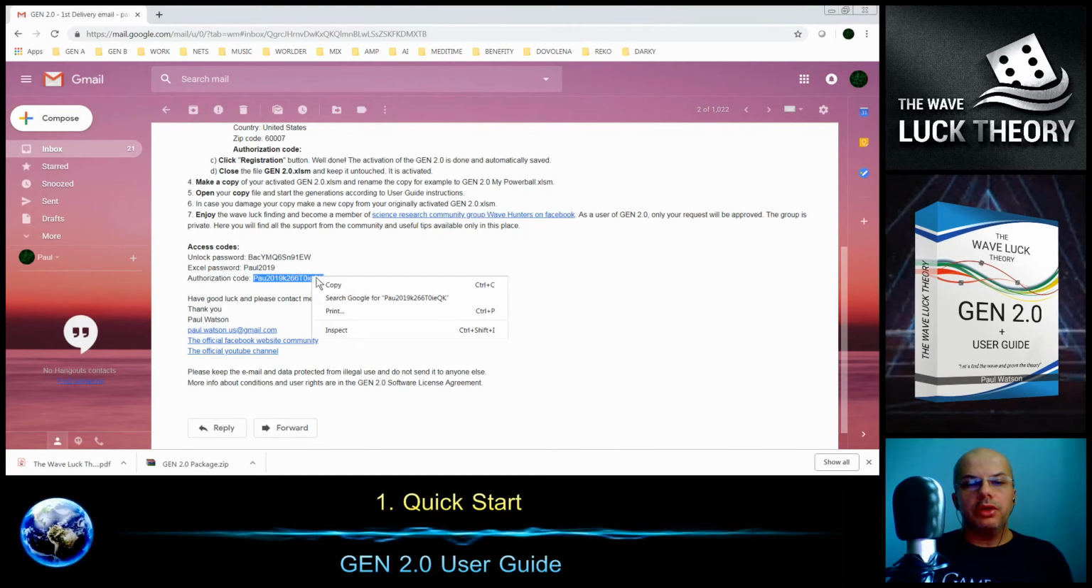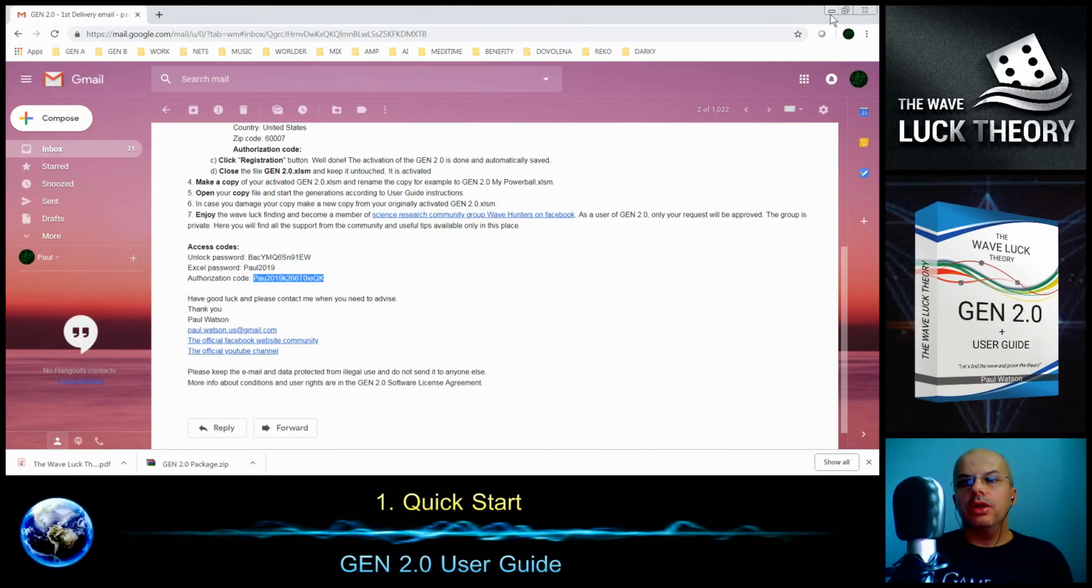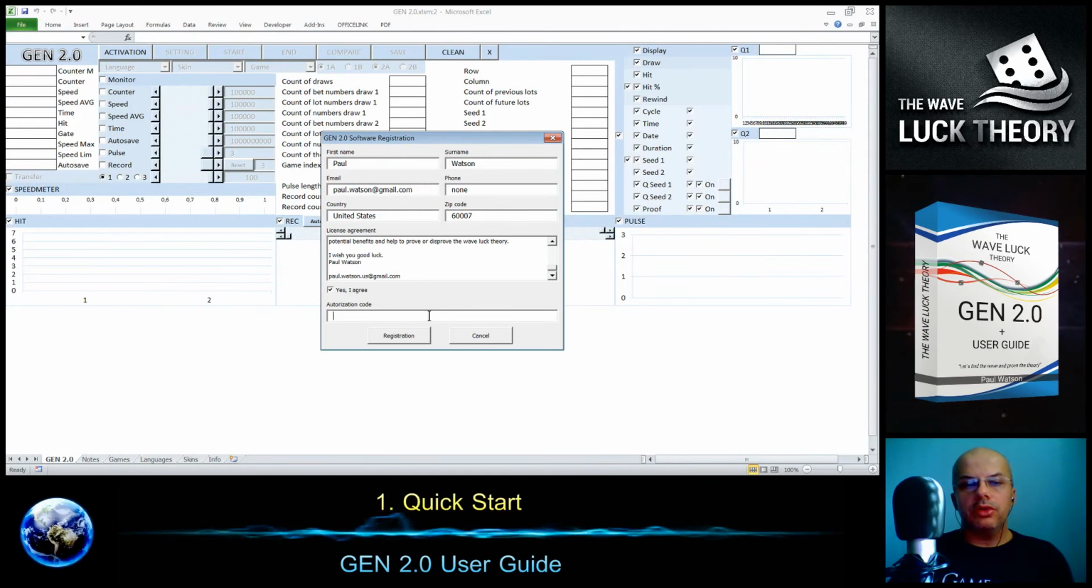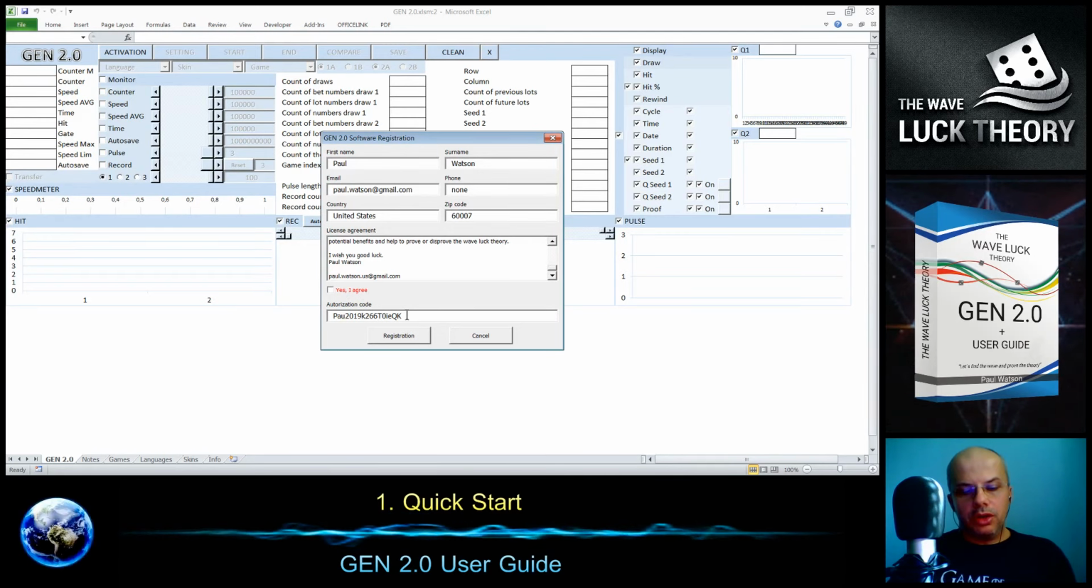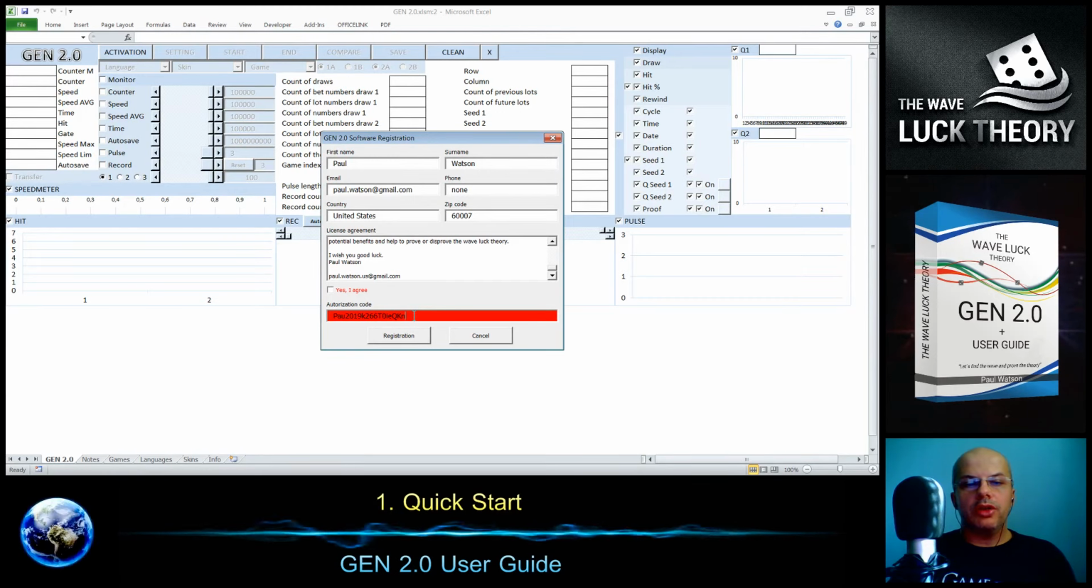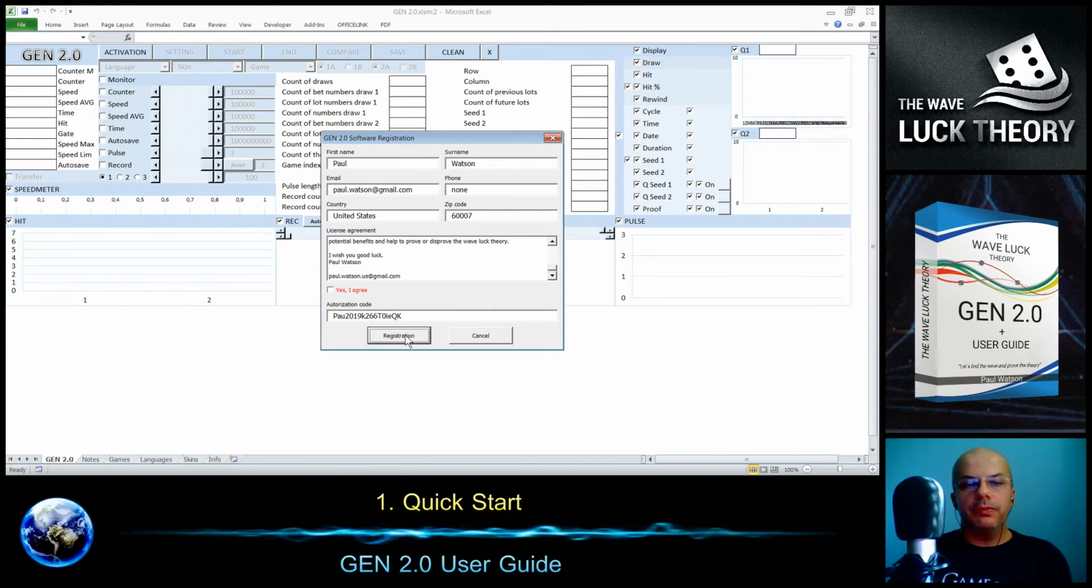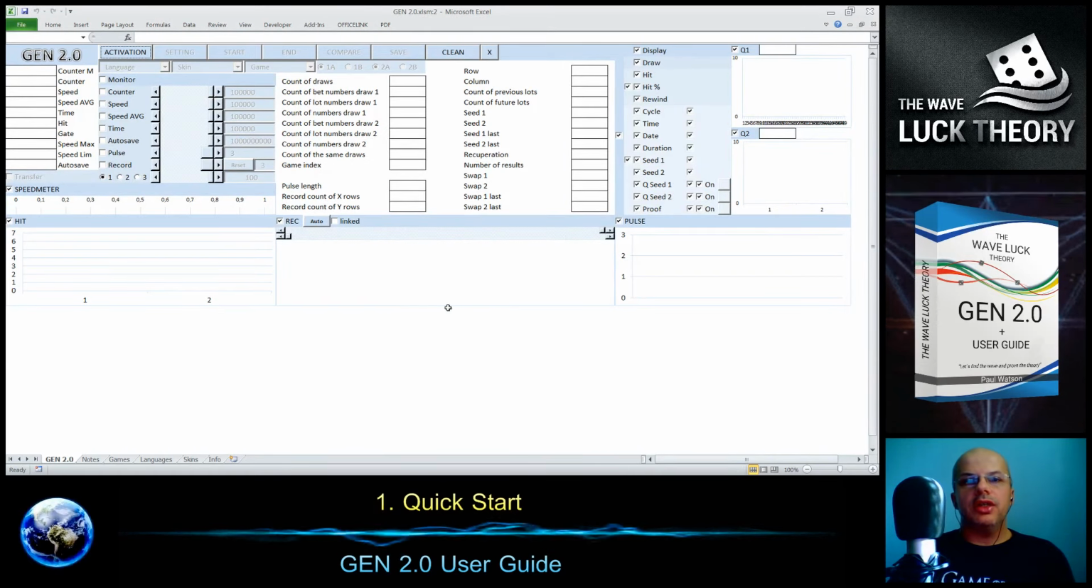So we copy the authorization code and insert it into the registration form. If you do not agree, then you won't be able to register. It became red. If the code is not correct like this, then it's not possible to register. So when all is fine, please click the registration, click yes, click the registration, and it's done, and the file is activated and saved. After that, please close the file